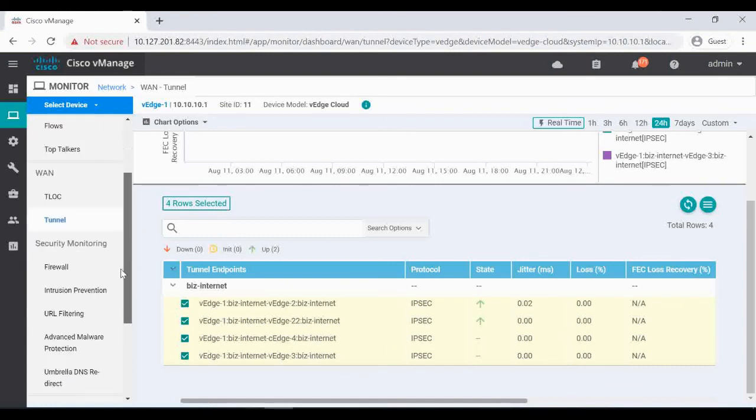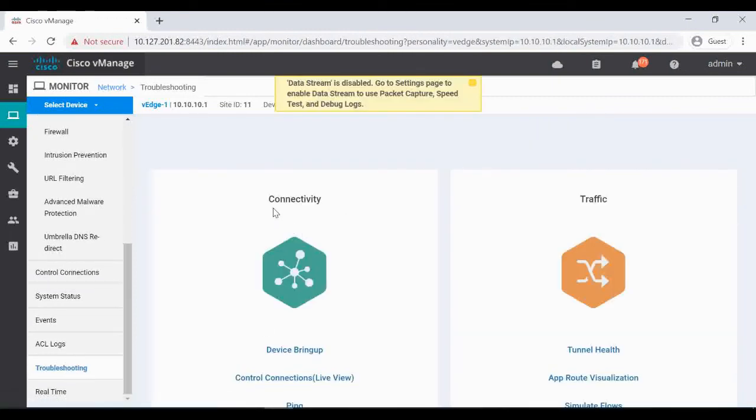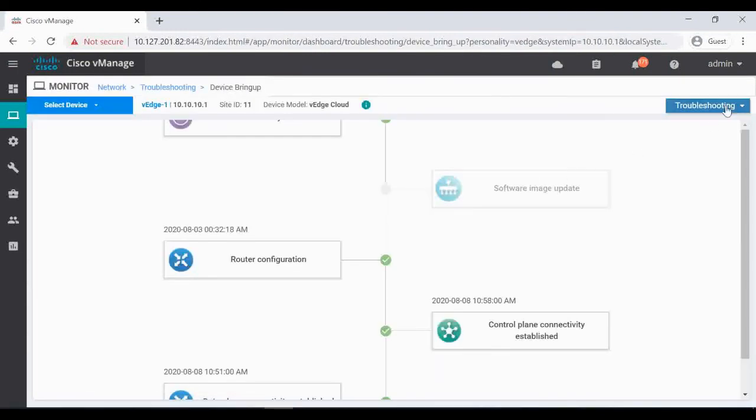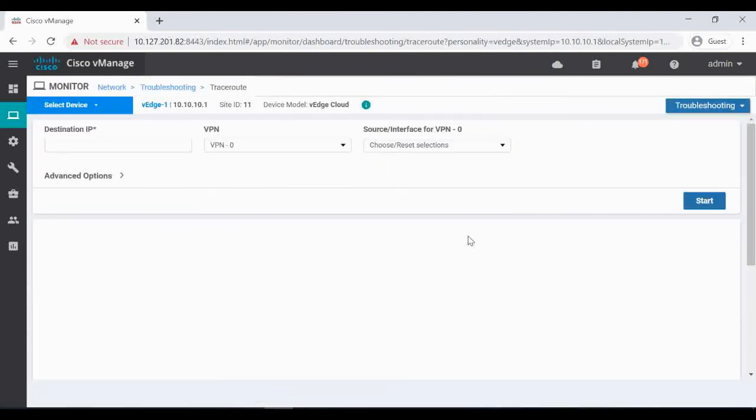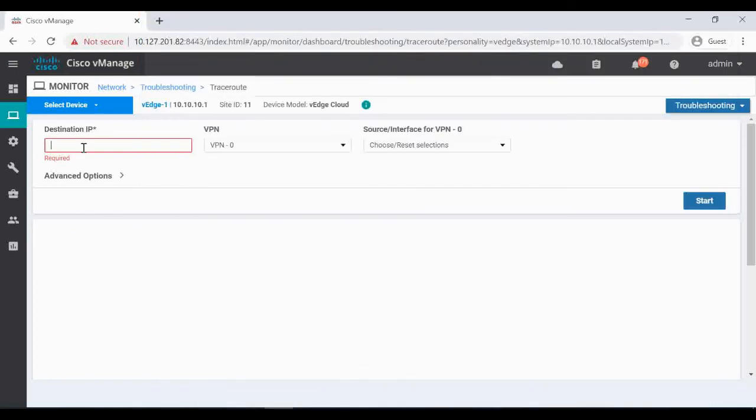And we'll check the trace route now. We'll go to troubleshooting. Actually, the trace route will come under the connectivity after ping. Maybe in my browser I'm not able to check that, some issues are there. So I'm just clicking bring up and then going to troubleshooting and selecting the trace route. So now I'm in VH1. I'm going to trace the packet to 160.10.10.1, that is in my CH4, my other spoke router, with my VPN 10.